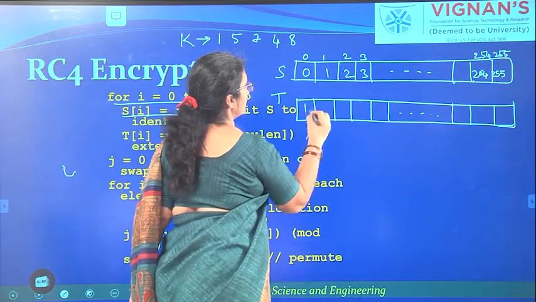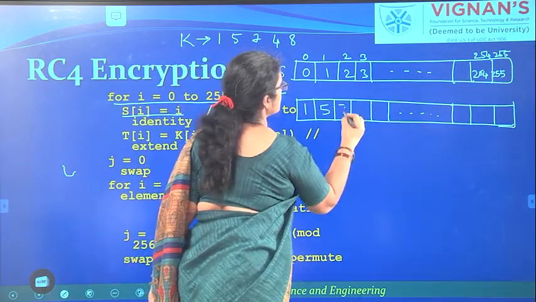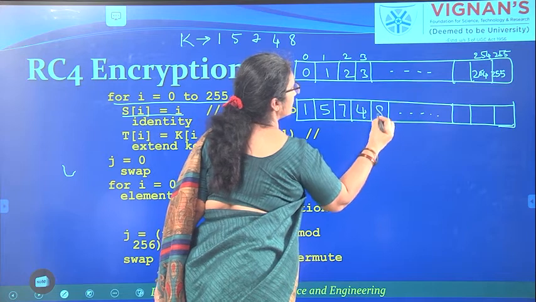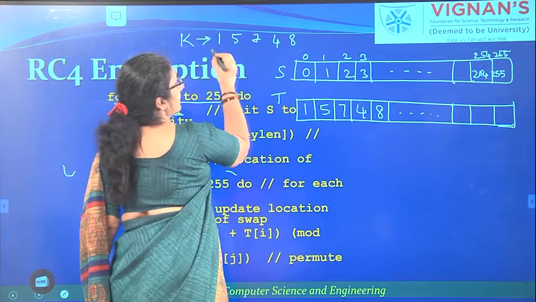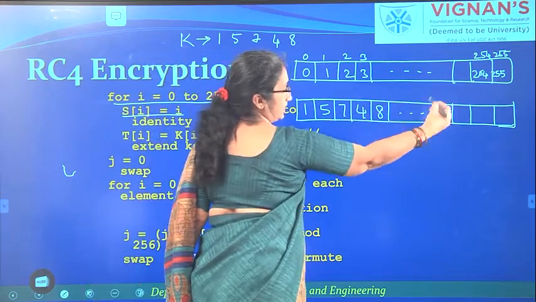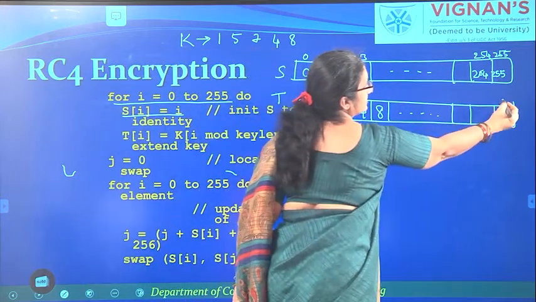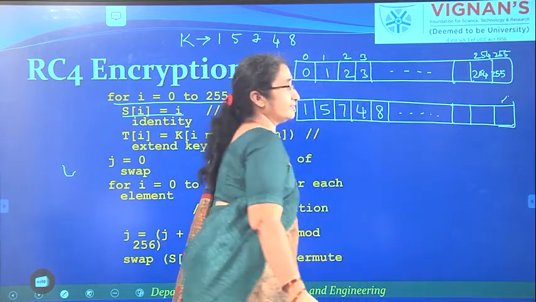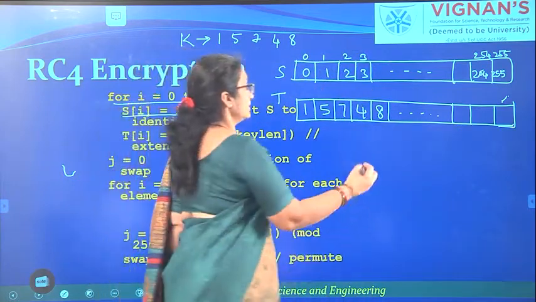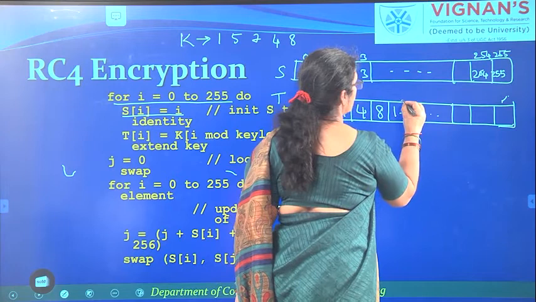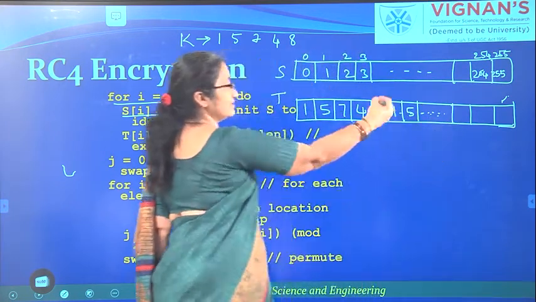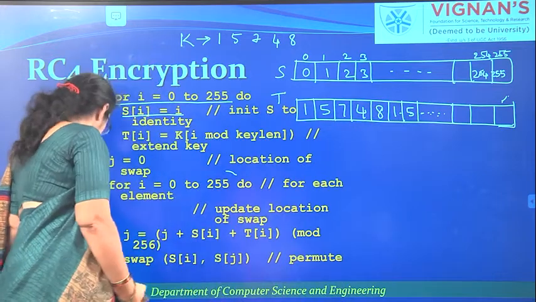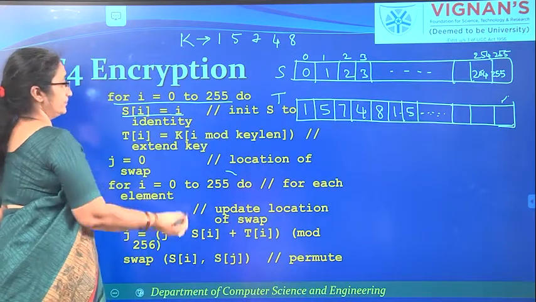So, it has 1, 5, 7, 4, 8. Next, again the same values will be repeating till you reach the 255th cell. So, again you have 1, 5 and so on. So, it is repeating. Let us see how we can do that.